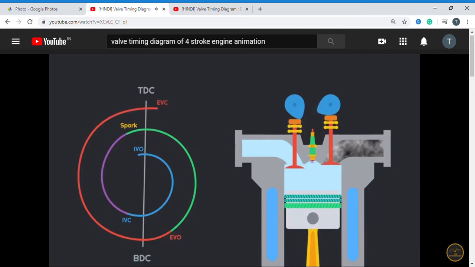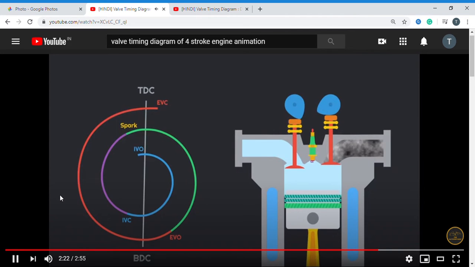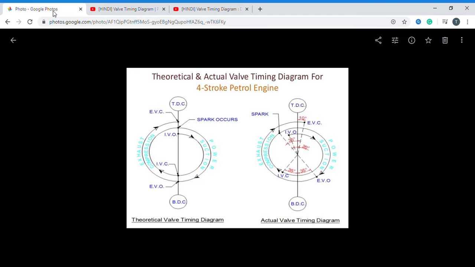और इंजन प्रॉपर मैनर में काम नहीं कर पाएगा। तो इस वीडियो के अंदर आपने देखा, this is the complete valve timing diagram for the four-stroke petrol engine. The inlet valve gets opened before TDC. Inlet valve gets closed after BDC. So this is the suction process. Again, the compression process started and sparking takes place. Again, the exhaust valve will be open before BDC, and gets closed after TDC. So this is what I am calling the valve timing diagram.